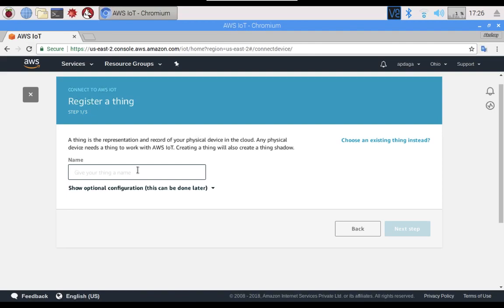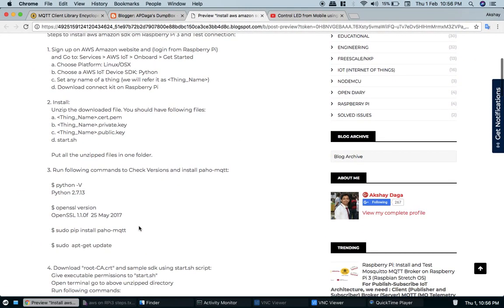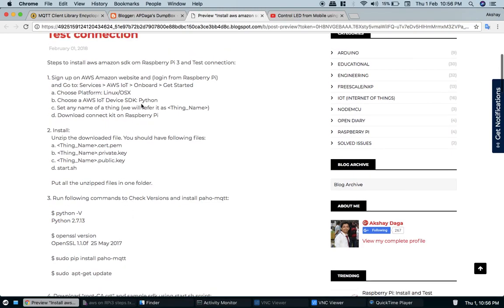Any device which we are going to connect or configure is called a thing. So I'll put any name, like AWS thing 1. Then I need to click on next, and then there is one option where I can download the SDK. Okay, so I can download this connection kit.